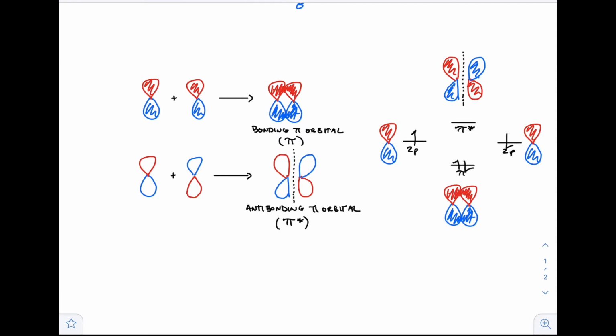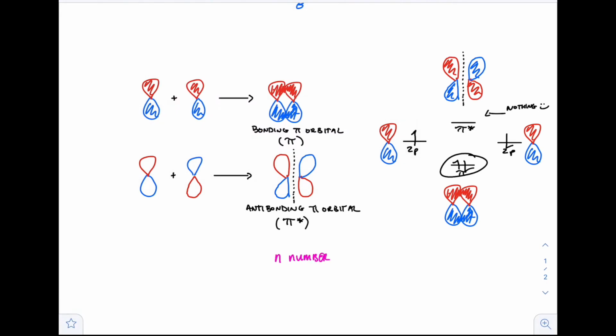Okay, so now we have one electron in each of those p orbitals, so we have 2 electrons in the pi bonding orbital, and then nothing in the pi star orbital. Okay, so again, I just want to remind you,